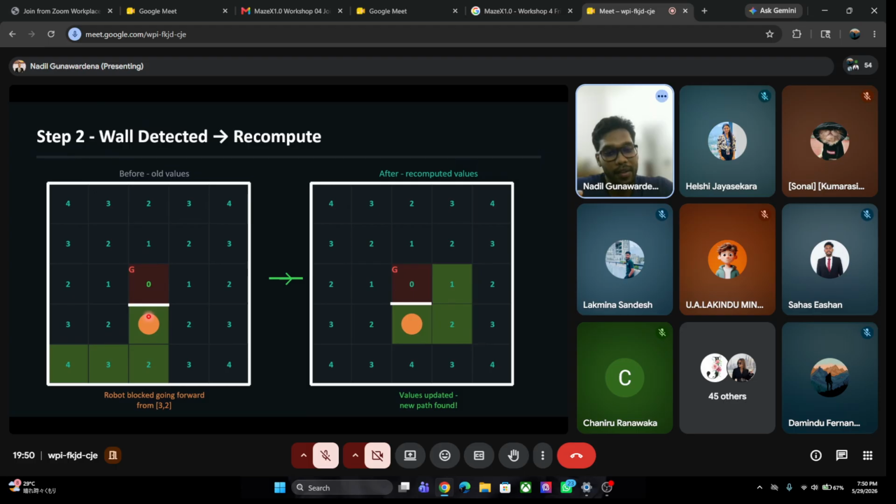So the main theory behind it is, if it detects a wall and that wall blocks its path from going to the goal, only then it recomputes the flood fill. Okay, it detects a wall, right? So it just recomputes the flood fill algorithm. It initiates 0 at the goal, and for the neighboring cells it gives 1, and then in this case